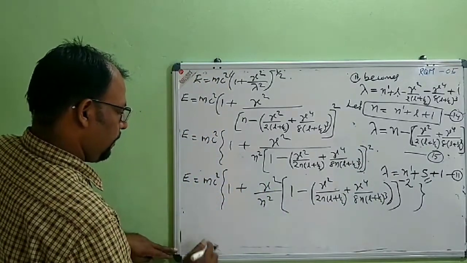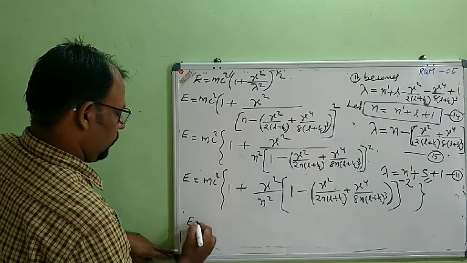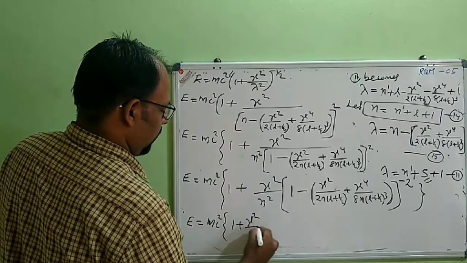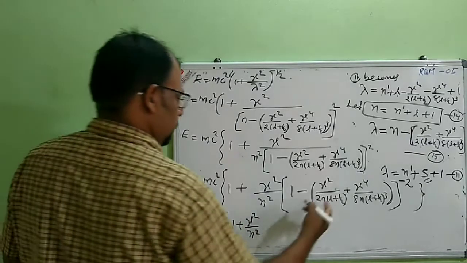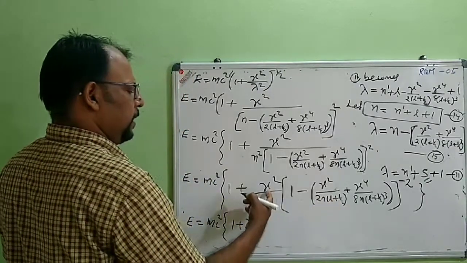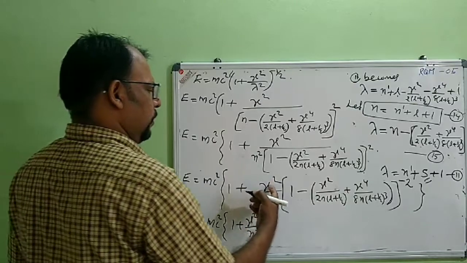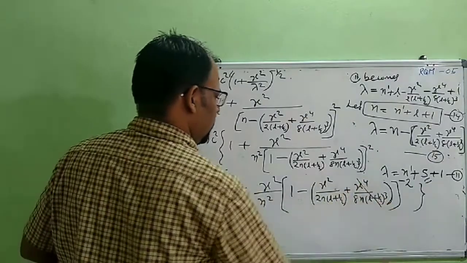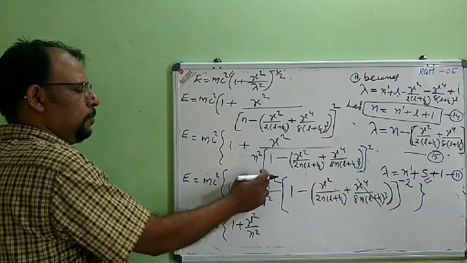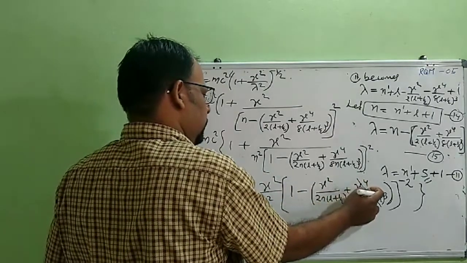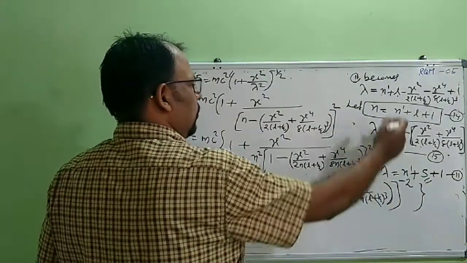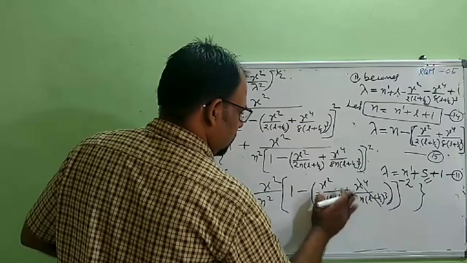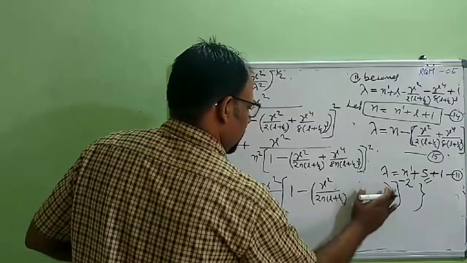We will be having e equal to mc square into 1 plus gamma square by n square. Then I am multiplying by gamma square. If I multiply by gamma square, this gamma raised to 4 term will be gamma raised to 6, so we need not consider this term. This term also we can neglect because we are multiplying by gamma square, so when it is multiplied by gamma raised to 4, it will be gamma raised to 6. So we are neglecting all the terms higher than gamma raised to 4. Neglecting this term, I can write this as